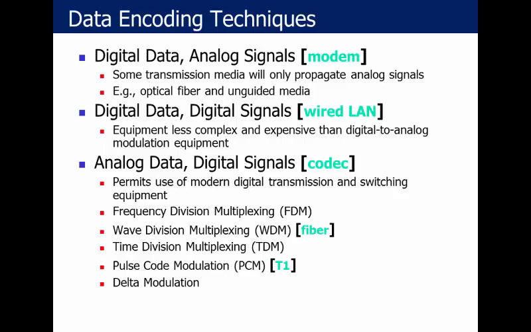Analog data over analog signals is usually the typical phone system. An old cell phone, not the digital cell phone, not the cell phone over 2.5G or 3G or LTE, but 1G, for example. Then our voice is analog, and the phone